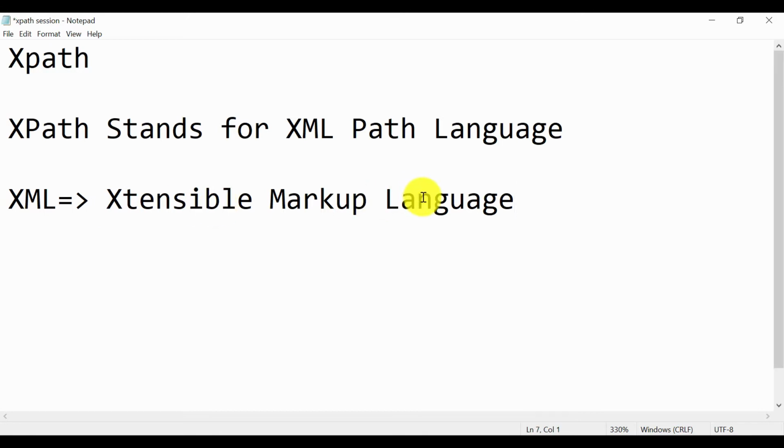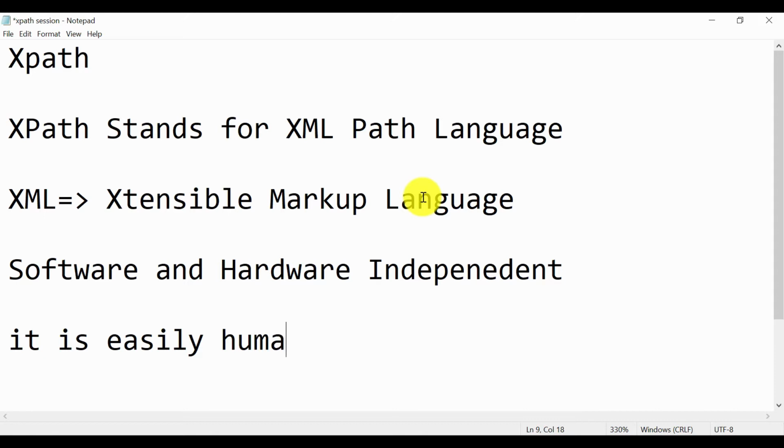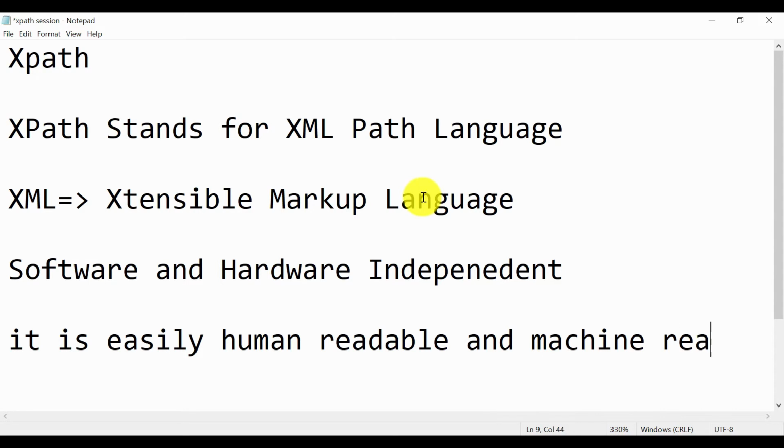This language is software and hardware independent, and that's why it is easily human readable and, at the same time, easily machine readable.